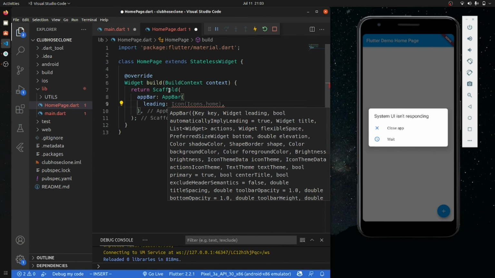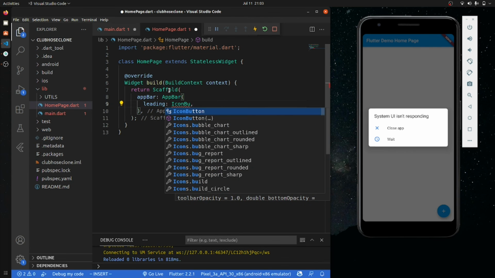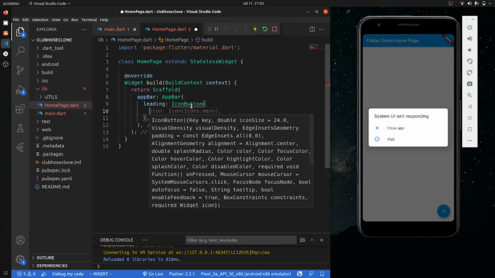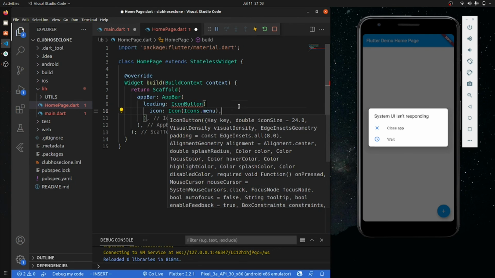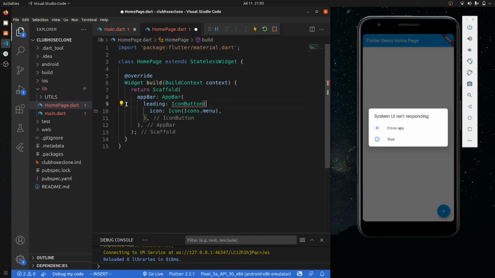We can give a leading as icon button. And inside this icon button we have to give some icons. Why is it giving some error? It is giving us an error because of onPressed. We have to add onPressed, okay, we can add that.